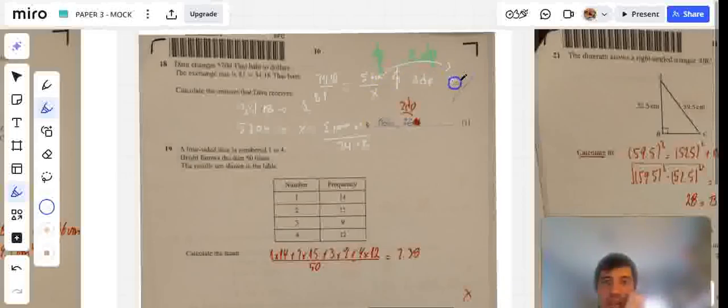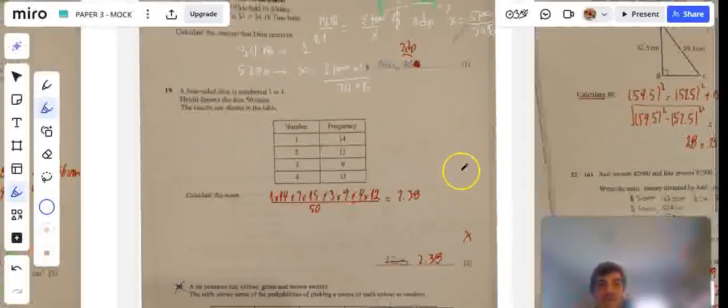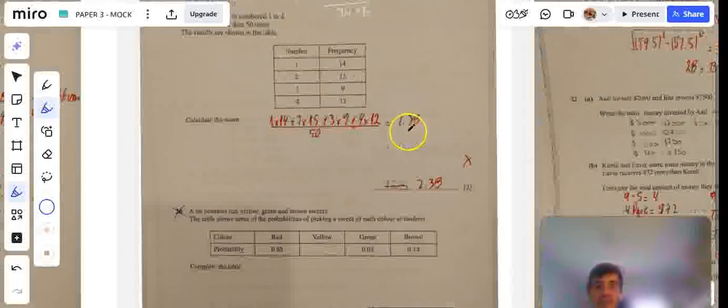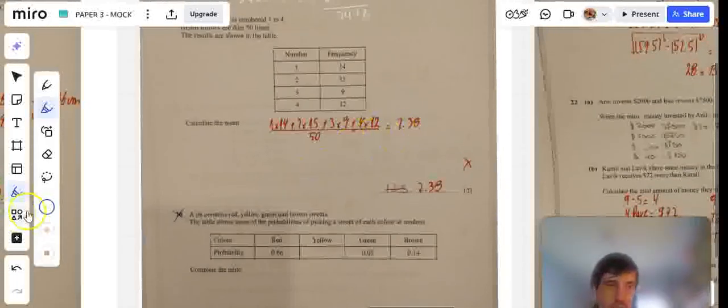So this will be X equals this much divided by 34.18, okay? But since it's 1 point, it's not necessary to show the procedure, okay? If you have written just the answer, it's okay. In this one,